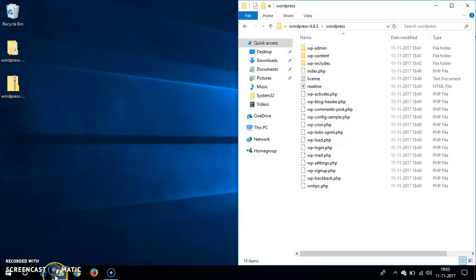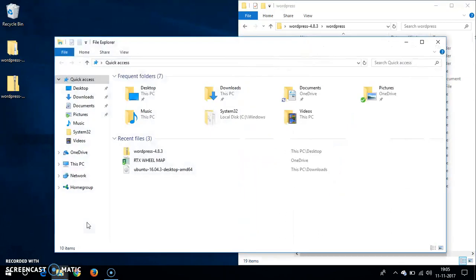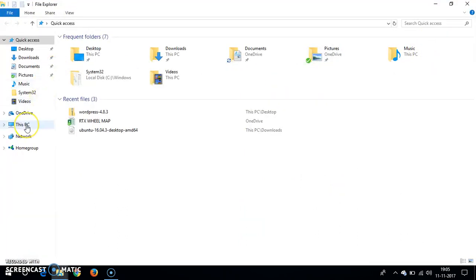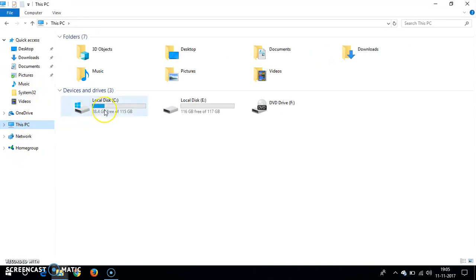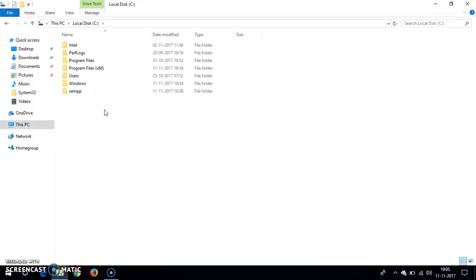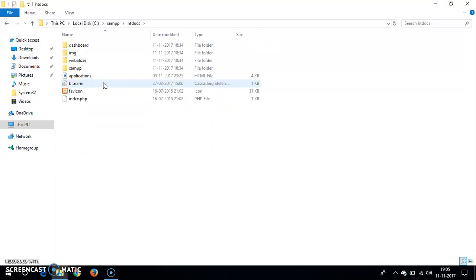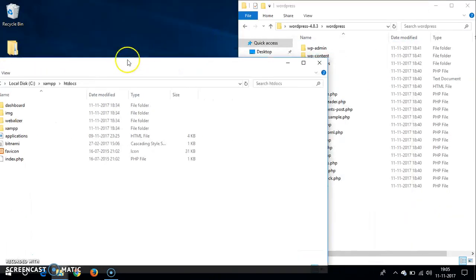Now let's quickly go ahead and open the Explorer. So here is the Explorer, and go to this PC or my computer, and then click on C drive. Then you go into XAMPP, then you go to htdocs. You can see it here on the top. Open htdocs, and simply what you have to do,